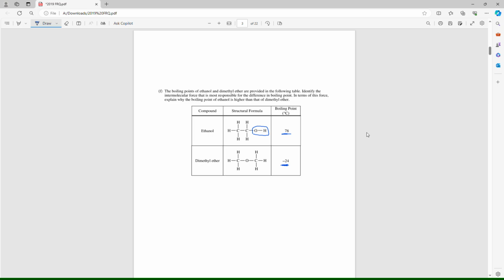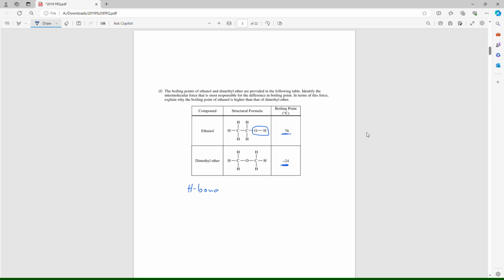They have the same molar mass. There's 6 hydrogens, 2 carbons, and 1 oxygen. So they have the same London dispersion forces because they have the same molar mass, the same number of electrons. But this one is polar and it has hydrogen bonding. So the answer is hydrogen bonding